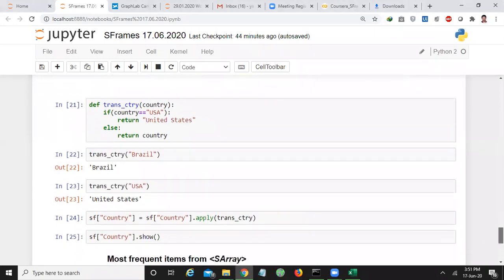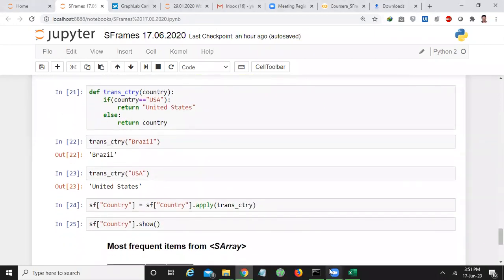Okay. So this is a transformation of country. I have written a function called trans underscore CTRY. What it will do is convert USA to United States. That means it studies all the country values, and wherever USA occurs, it converts USA into United States.